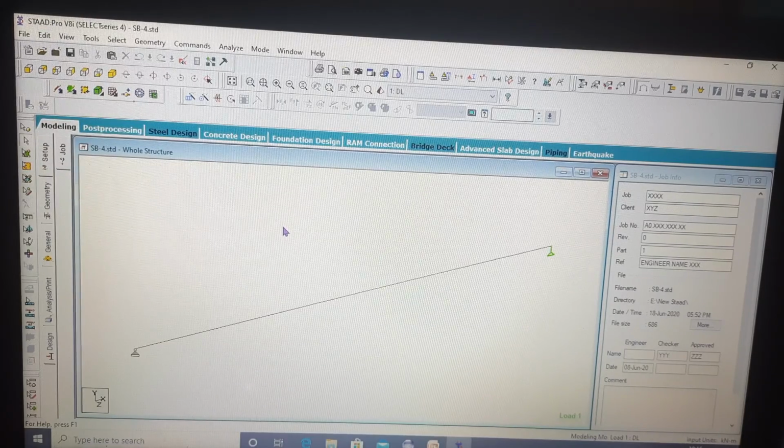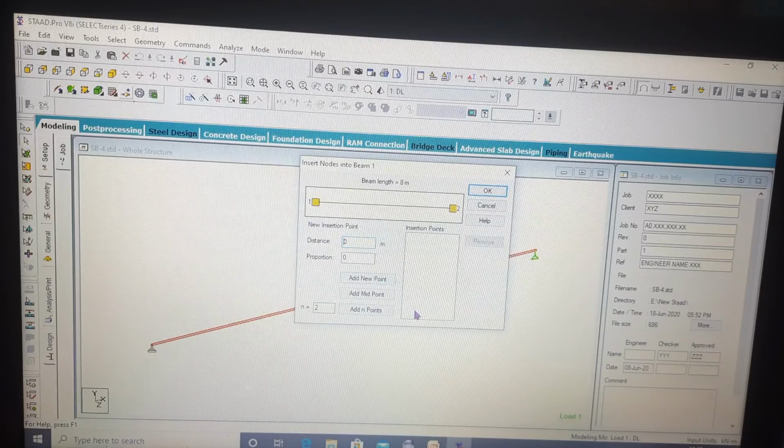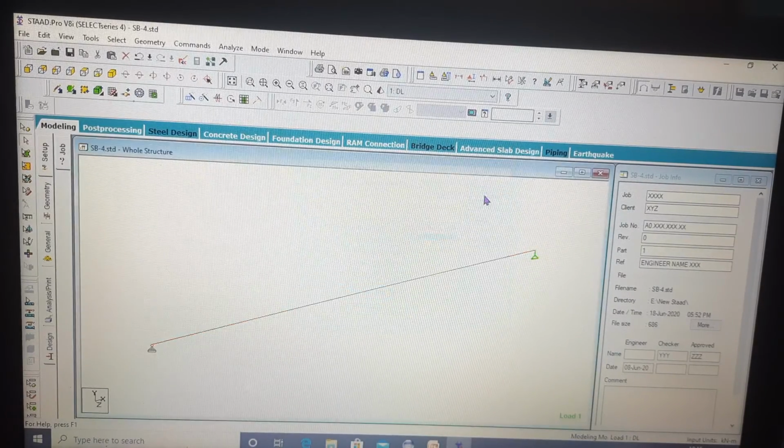Suppose in a platform we have an 18-meter platform, we have 3 beams of 8-meter length and 1 beam of 6-meter length. Say after this one beam is there which is 4-meter length. So what I have to do, if I divide it, say I am dividing it, and I am adding a midpoint over here, and I am dividing the structure. So this structure is getting divided. So right now you can see 2 beams of 4 meter have been created.